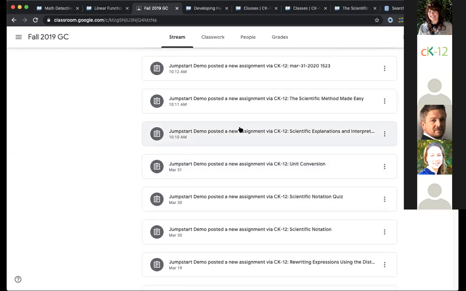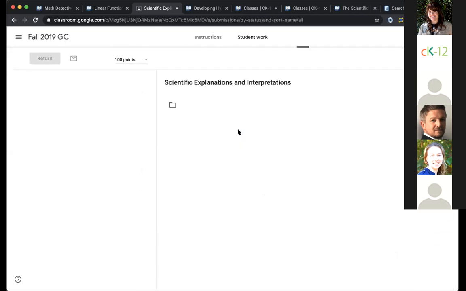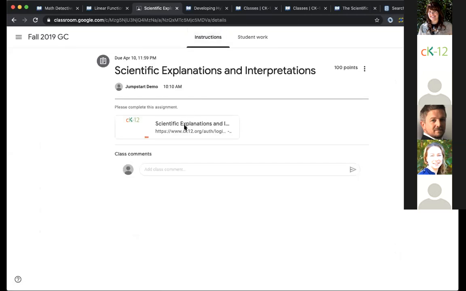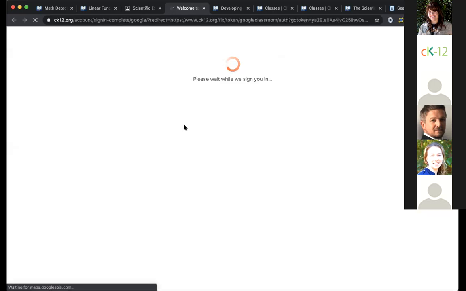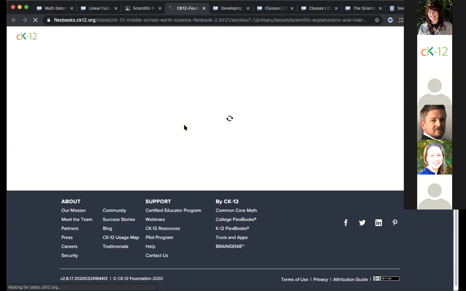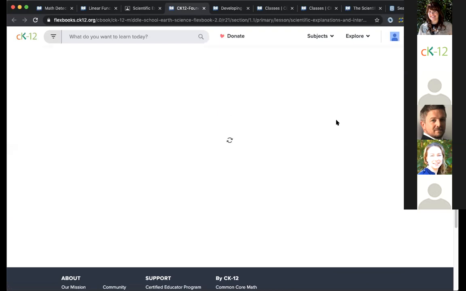Let's see, I believe this was a 2.0 assignment. So how teachers get to insights is they click on the assignment, and then it's going to take you into the assignment. And then there's a toolbar there for you to see your insights. And I'll state again, in order for the insights to start showing for the students, they have to turn in the assignment. So once that's done,